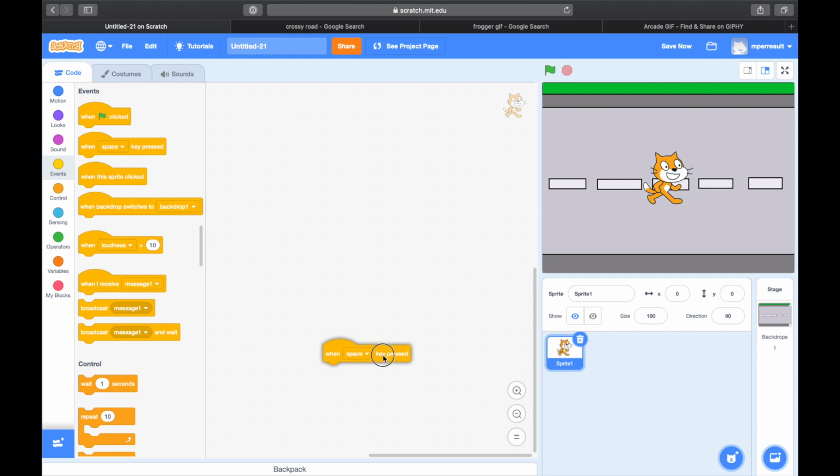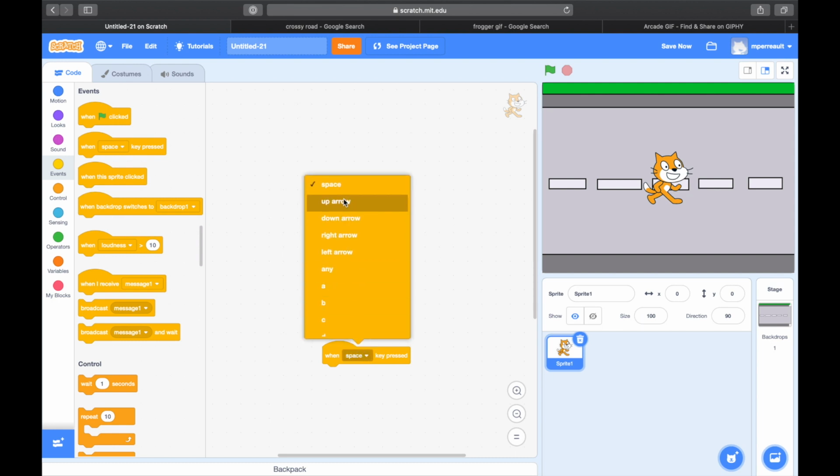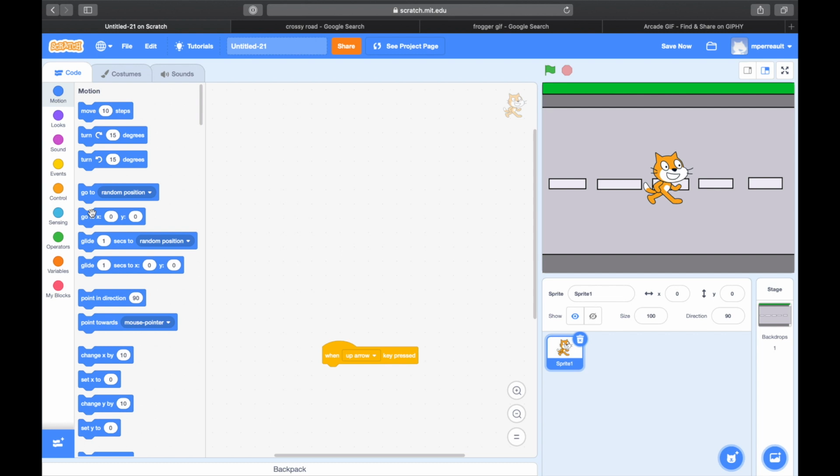I like to create, when I'm creating arrows, I like to create them in the same configuration as they'll be on my computer. So I'm going to say, when up arrow is pressed, we want to have our guy point in direction 0. So I'm going to go under motion and say point in direction, and I'm going to click there and say 0. And then we're going to do the same thing with the other key presses too. So I'm going to say